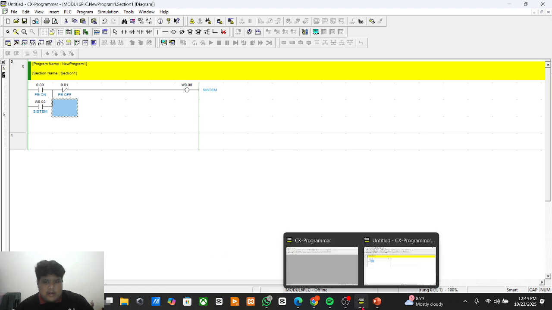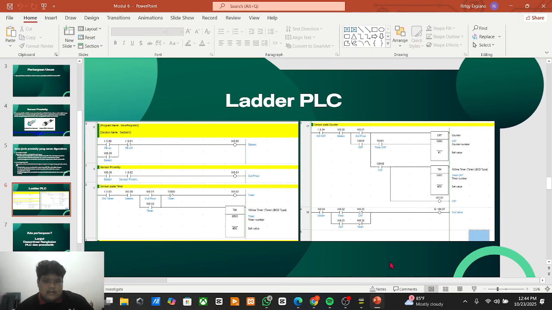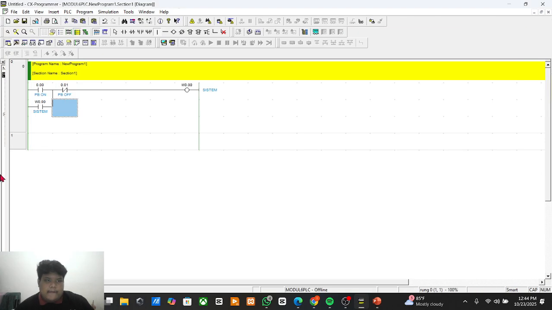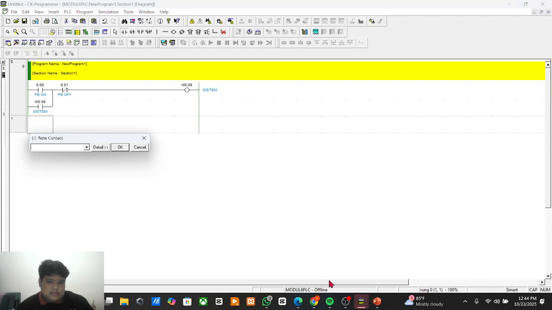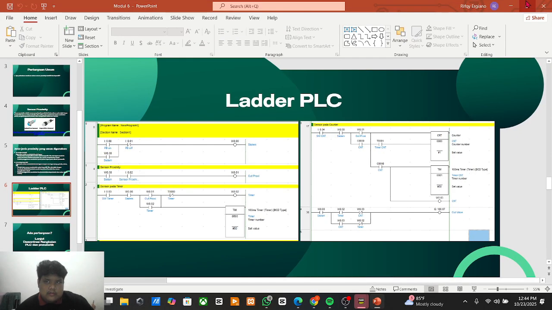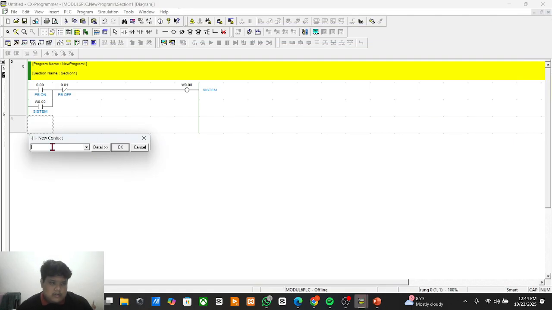And next we make the diagram of the proximity sensor. For the first, the system, and then the proximity sensor, and then the output. And here is for the system.